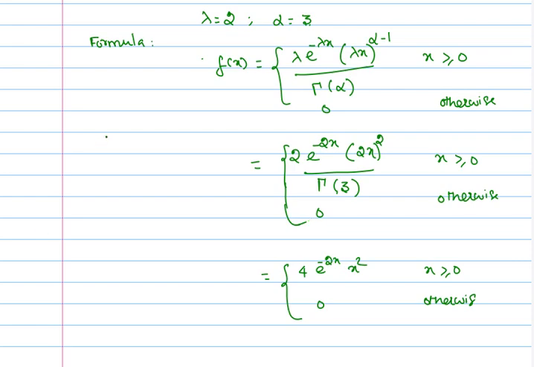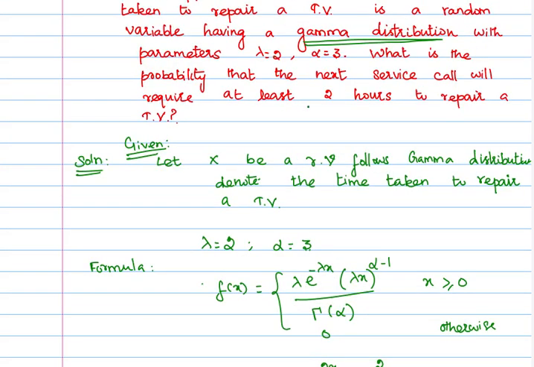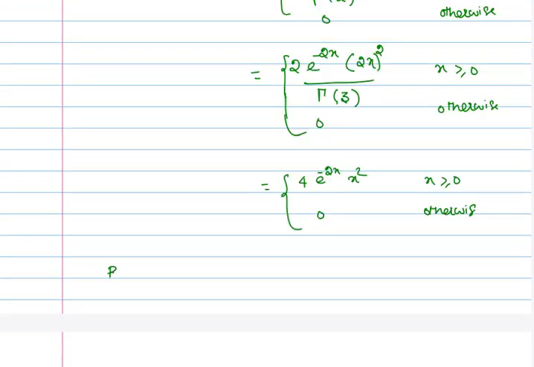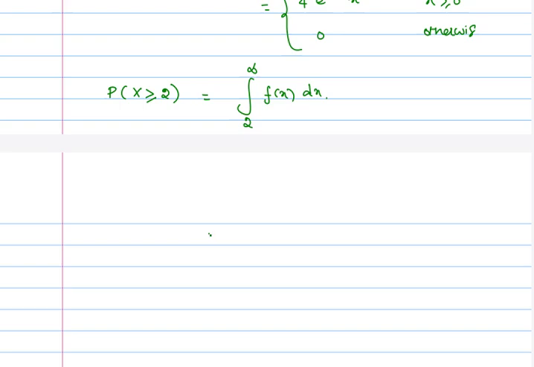So that is the given. Now what do they ask? They want to find at least 2 hours. So I want to write P of x greater than or equal to 2, waiting at least 2 hours. That means I want the integral from 2 to infinity of f of x dx. This only I want to find. So clearly, the integral from 2 to infinity of 4 times x square exponential of minus 2x